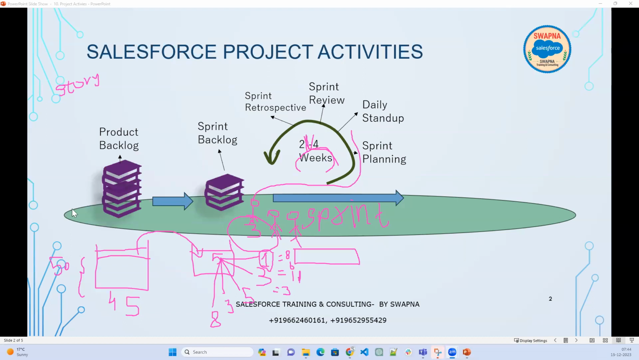So until the backlog stories are completed, we will be doing this cycle. That means all the 50 stories that are there in the backlog have to be delivered by the developers. Till that point, we will be doing this cycle. Once this cycle is done, that means all the 50 stories are developed by the team. So once it is done, then we'll have a